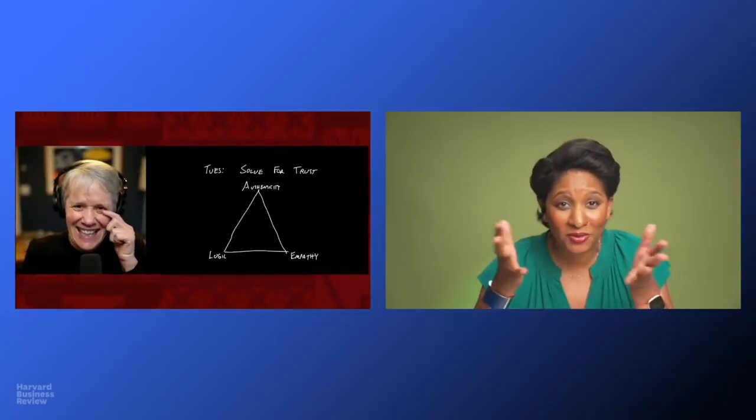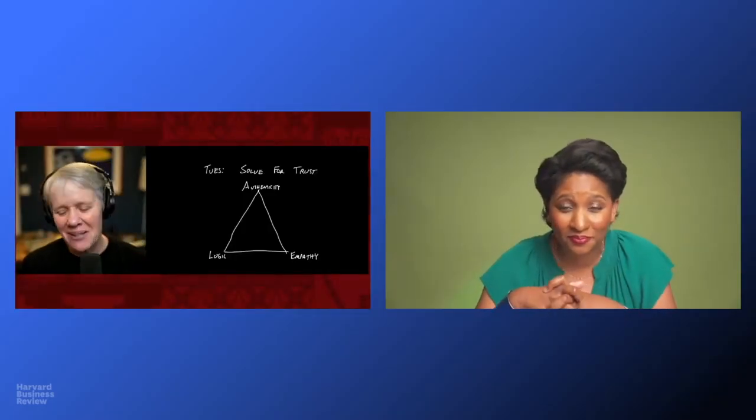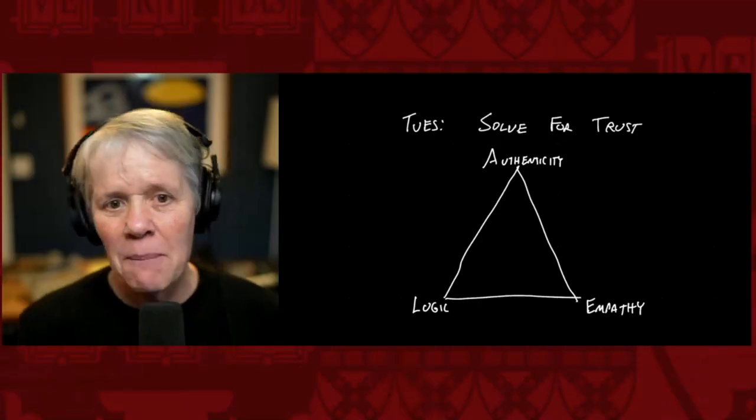So let's go back to Tuesday where you drew that triangle with logic and empathy and authenticity. So Hung asked, between logic and empathy, which one would you say an individual should develop first? And Hung describes it as having a left foot and right foot and not knowing which one to go forward with. So here's what I would say, Hung, is that ask yourself, I bet you're trusted most of the time,